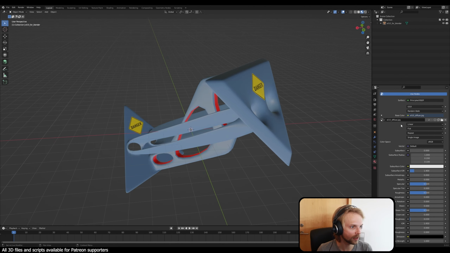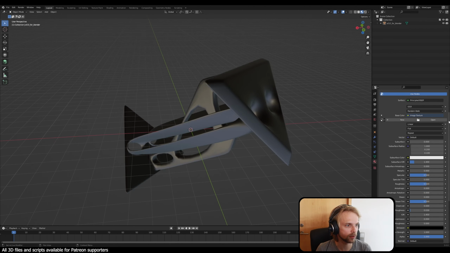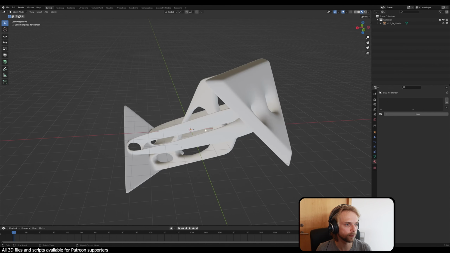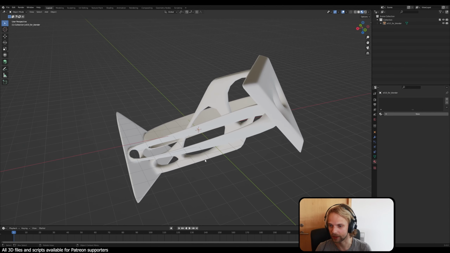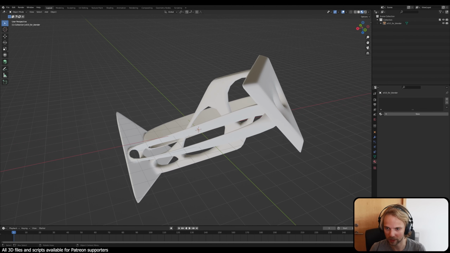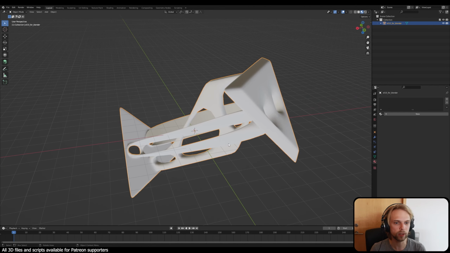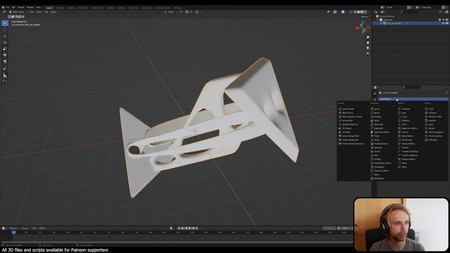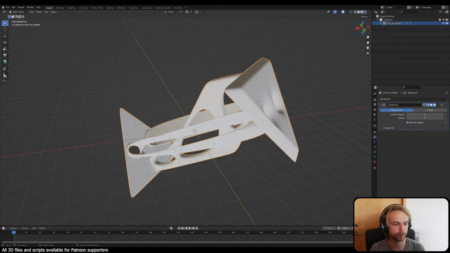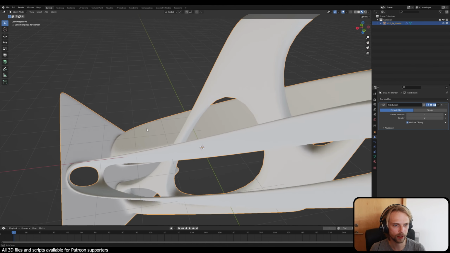I will just close or kill the material altogether. Let's get back in here. I've killed the material altogether. And one thing that I'll do before exporting is I will go to modifier properties here, and I'll add a subdivision surface modifier to this. You can see that,